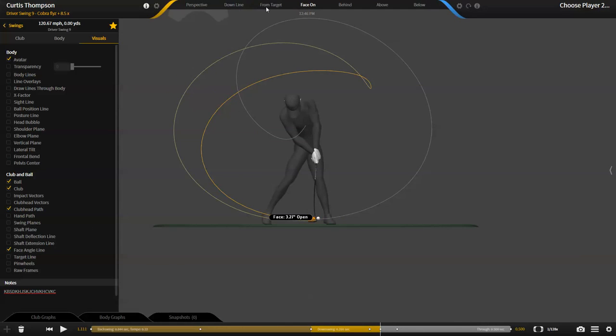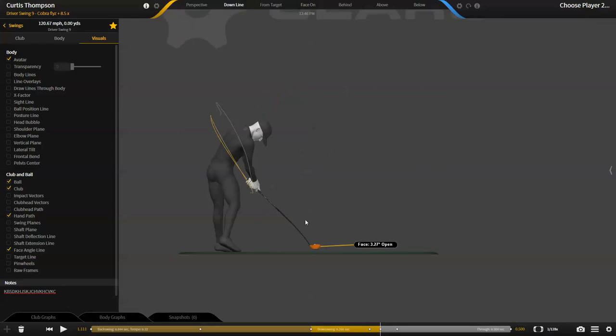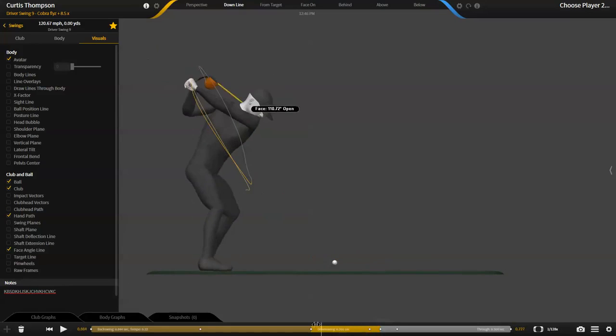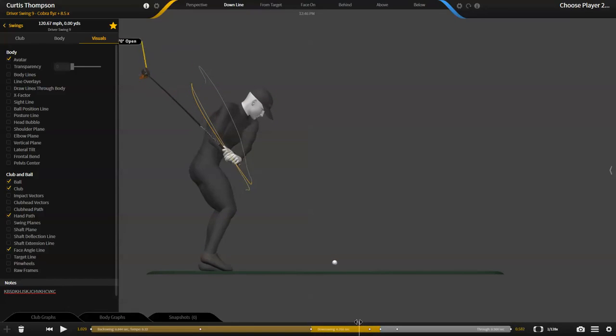Very effective tool from all these different angles to be able to see where the arc happens. And then you can also click hand path, and you can see the hand path with the club head path, or you can see them separately. If you go down the line, you can see Curtis has a very pretty circular hand path. It's pretty close on the backswing to the downswing. And